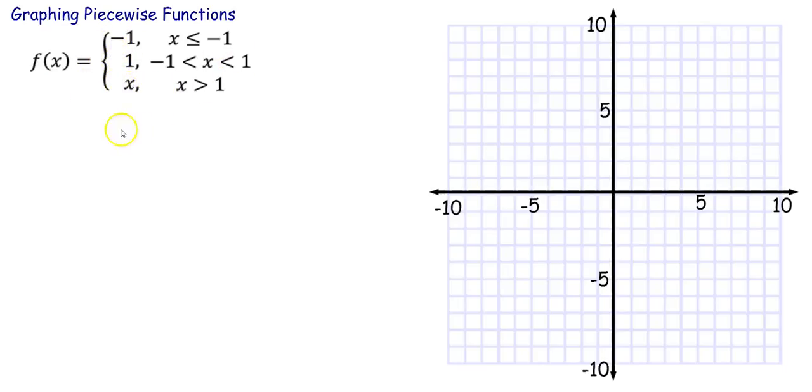So on drawing the graph of this function over here, we are going to find three parts. Okay, so let us look at them piecewise, one at a time. We have the first case: f of x is equal to -1. That is, the y value for this x is equal to -1 whenever x is less than or equal to